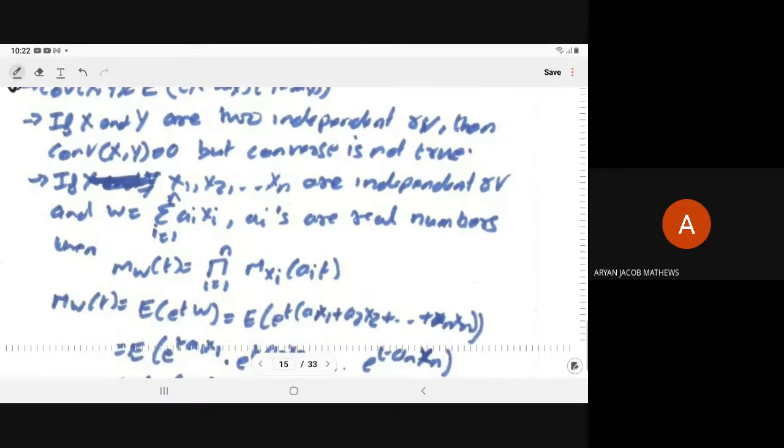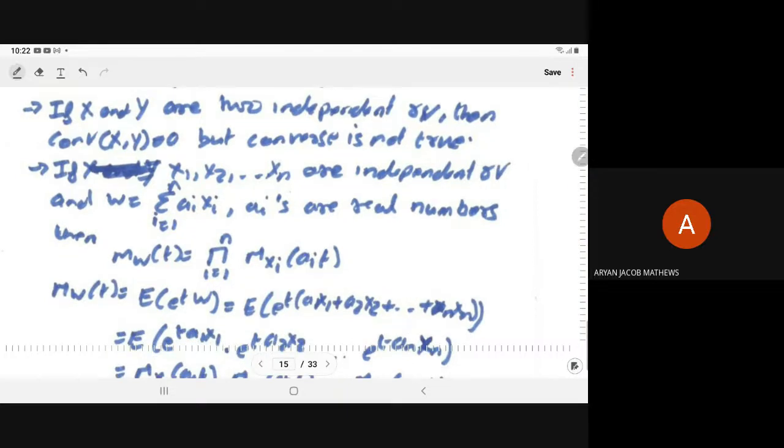Now, the most important result from the joint: if x1, x2, xn are independent random variables. In most of the cases, we take independent random variables and we have another random variable w, which is a linear combination of random variables x1, x2, xn as summation of ai xi for i equal to 1 to n, where ai are real numbers. Now, if you have to compute the